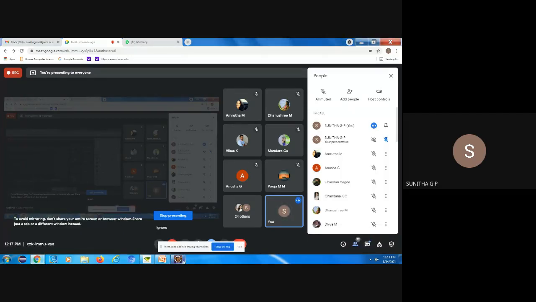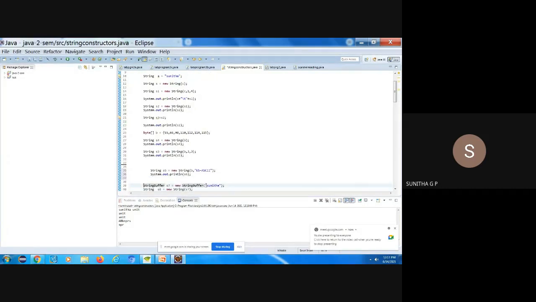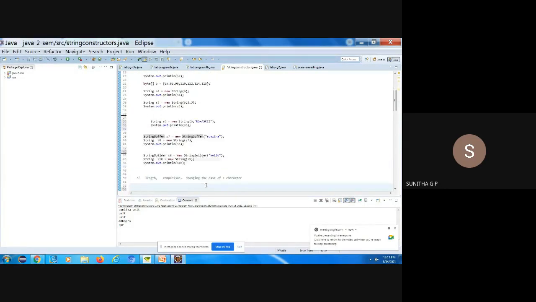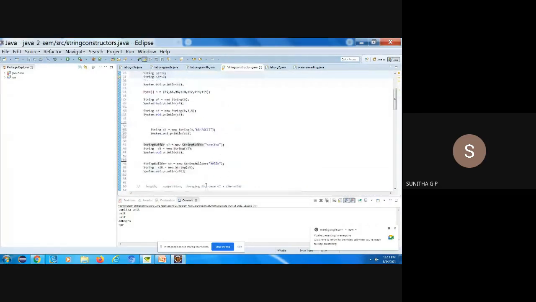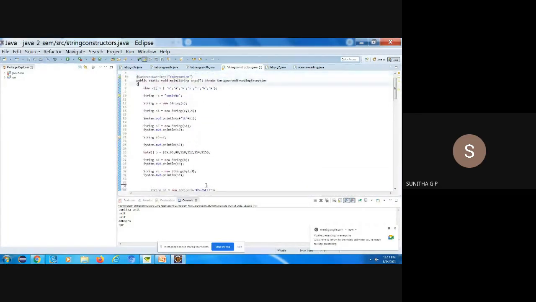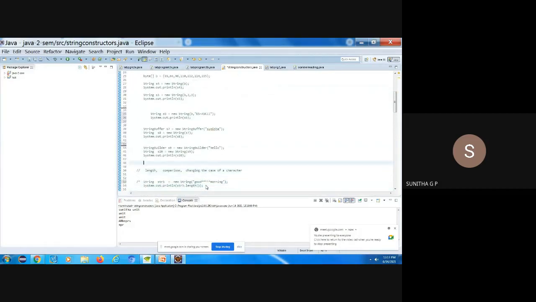Okay, let me comment all these things. We will look into the methods. A method's explanation you will get here only in this Eclipse. So what types of methods do we have to check?